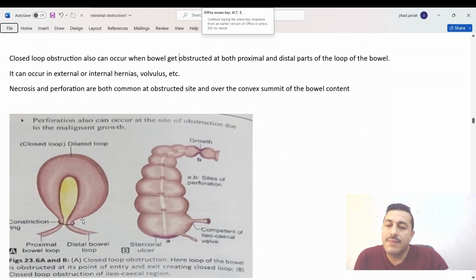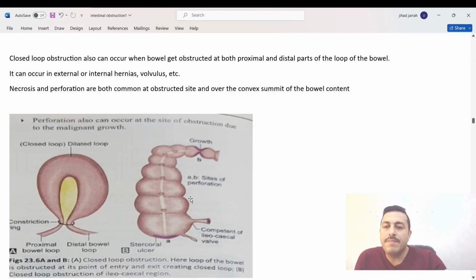You can see that we have an obstructed part of the bowel here. The obstruction should be at two points, proximal and distal, so this part will be closed, and the increased pressure will not be relieved through the distal or proximal segment, so it's more capable of strangulation than